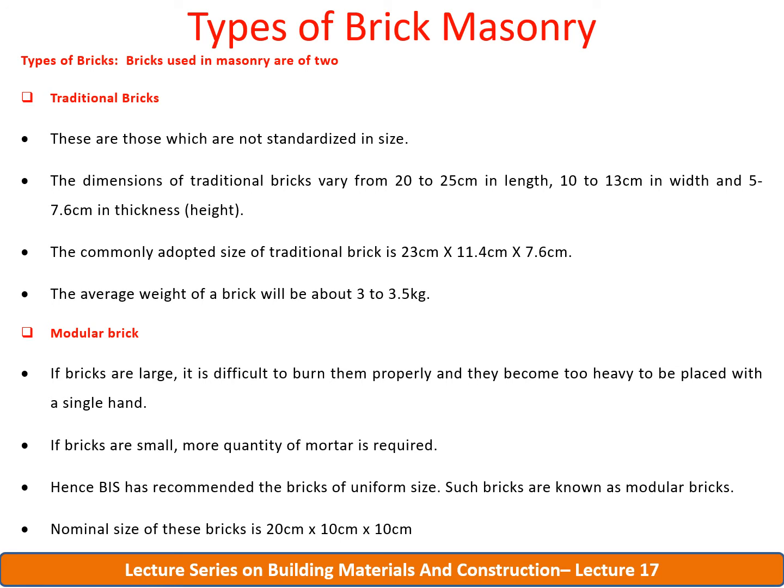Brick masonry is preferred over the other types of masonry due to these reasons. The bricks are of uniform size and shape and hence they are laid in a definite pattern. The brick units are light in weight and small in size, hence they can be easily handled by bricklayers by hand. Bricks do not need any dressing. The art of laying bricks can be understood very easily and even an unskilled mason can do the brick masonry, whereas stone masonry construction requires a highly skilled mason.